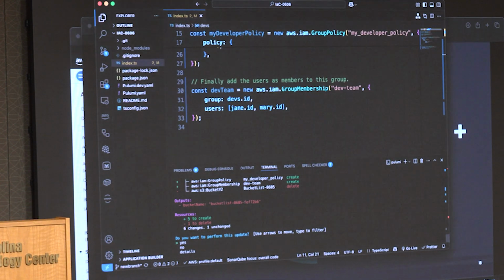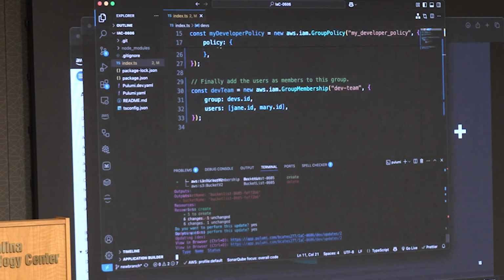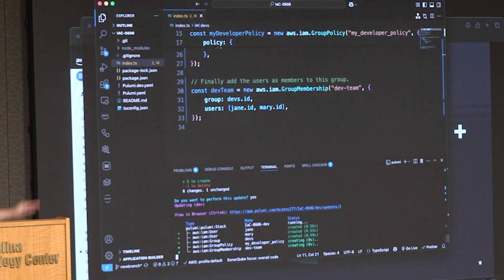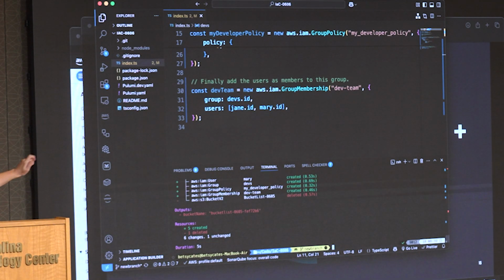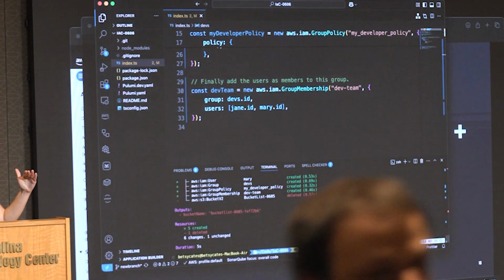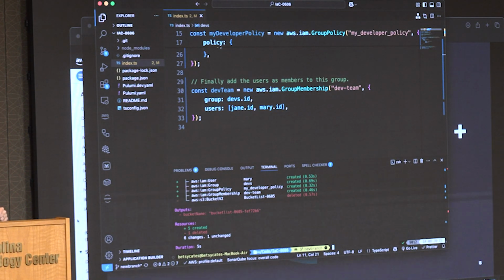Pulumi expects you to kind of know what you're doing. But I feel like it's very user-friendly. I've picked up on it fairly quickly, and I would not say I'm a coder. It definitely defaults to no, which is great. You do have to pay attention to that so you're not just clicking through. Okay, so we'll say yes here. And then you see where it's being created and where it's being deleted. If something were to fail, you would see it right there, and it would show you a really good detailed error message.